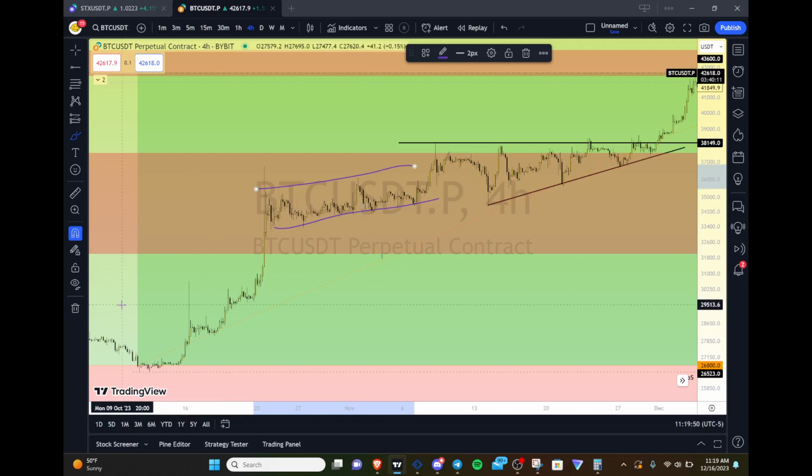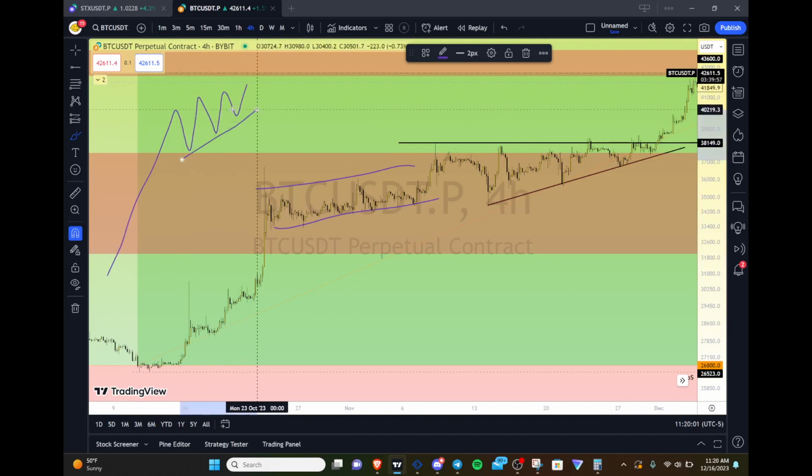Because what I teach, another thing is, it's basic nature. It's not about the pattern, it's about the bias. When you have a big move up and then you grind higher like this, you can call it whatever you want, rising wedge, whatever name you want to attribute to this. Doesn't matter. The point is, as long as you understand what it means, bias-wise. Once you start to see this, you should be looking for signs of a reversal of the trend. So I was starting to see, okay, maybe that's what's being built here.